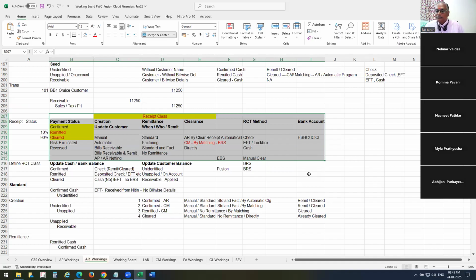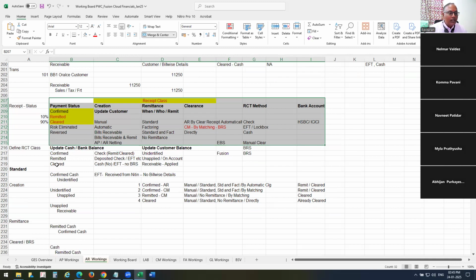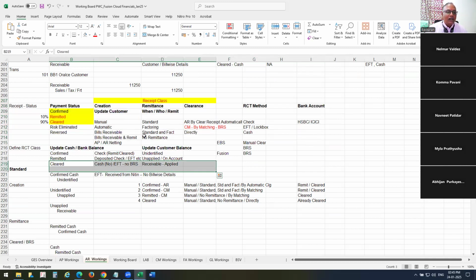Raja understood? Yes. So Bhaskaranji, in my company, I don't want confirmed, I don't want remitted. All are genuine cash. Then you can use only this method, so no need to create standard or factoring, etc. Comfortable. So that is why when you are looking for this receipt status to be defaulted, combination of 3 elements,